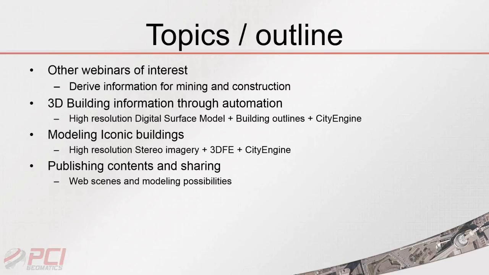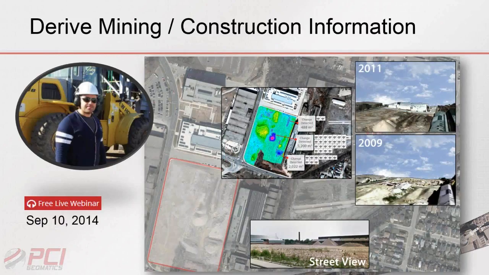And so we're going to be using a software tool that is available through PCI Geomatics. It's called 3D FE, which is short for 3D FeatureXtract, and the same stereo imagery over Raleigh, North Carolina. And then we'll show how, again, Jeff will come on and he'll show how he can bring those models into CityEngine to improve the level of detail that is available through the modeling approach. And then the last part of the presentation is going to be on publishing the contents and sharing them out through ArcGIS Online. Jeff is going to be showing that and some of the analytic possibilities that are available within the